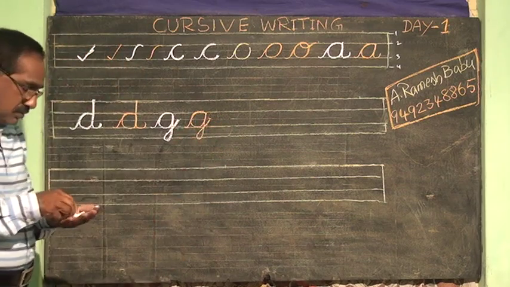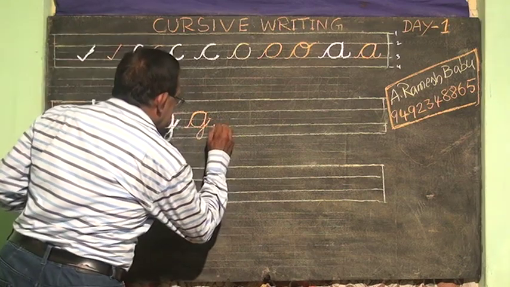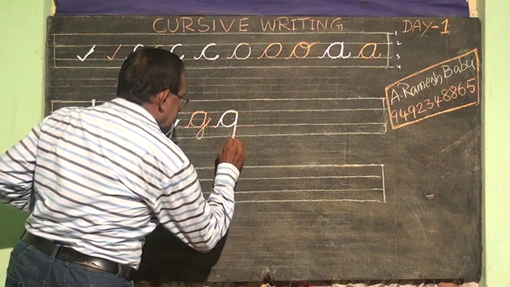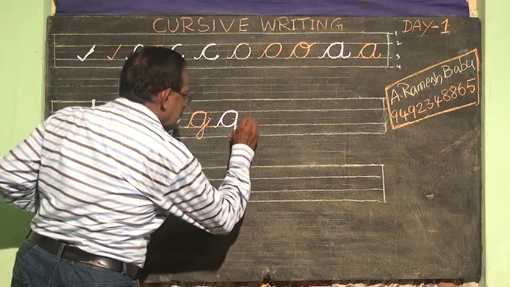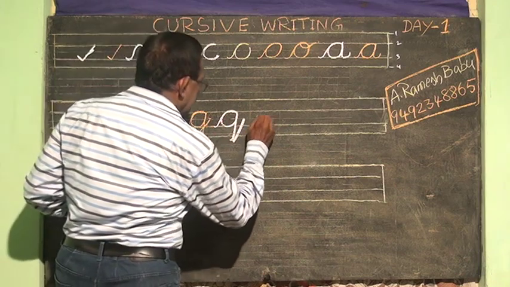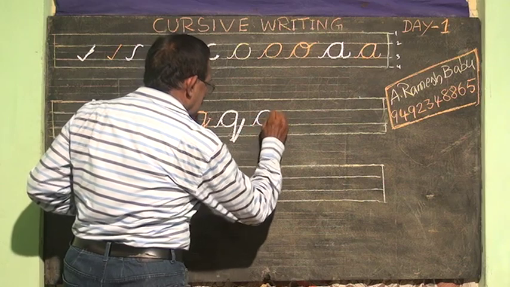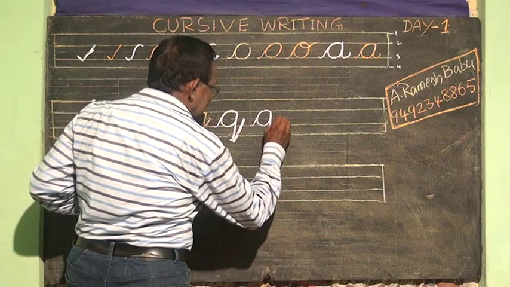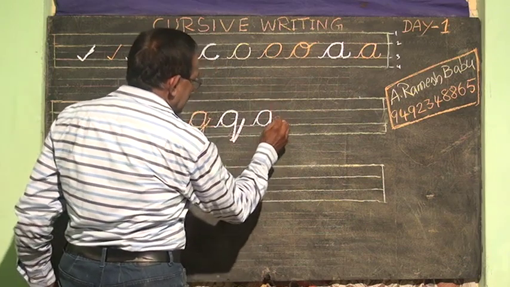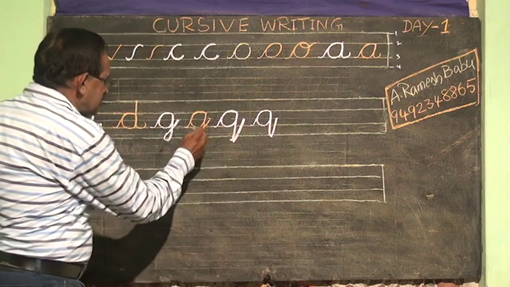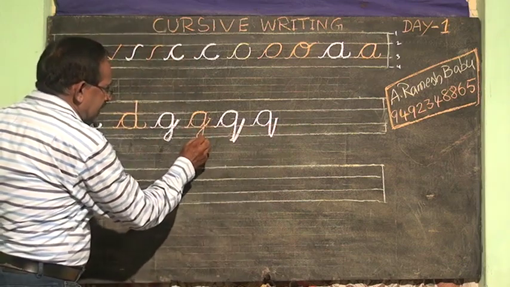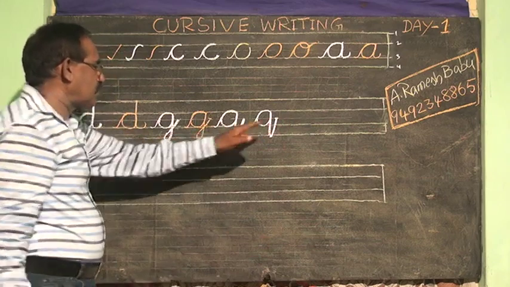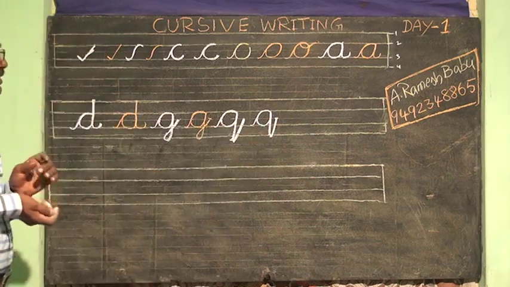After that Q. This is the letter Q. Again look at here, and again S. So you make it on the right side. You draw the right side line and stop it here. So you see the difference. Here you make a left side curve and stop at the middle. Here this is the right side line. You stop it here. So how many letters did you write here now?